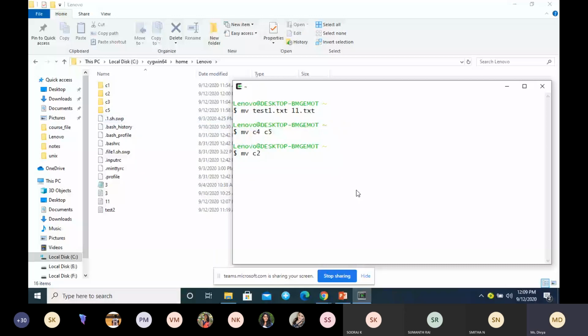Copying means the original content will remain here and a copy of that will be copied to C1. But if you do move, what will happen? Cannot move C2. Directory not empty.